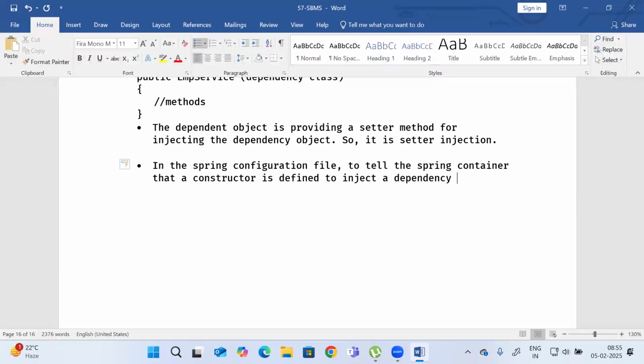Tell me. To tell the Spring container that a constructor is defined to inject a dependency,